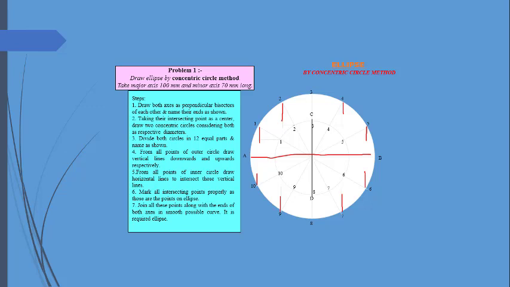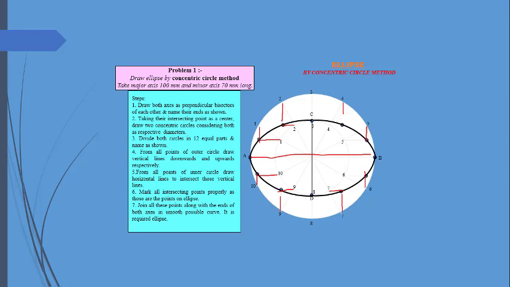And now we draw lines parallel to the major axis. So these are the lines that we will draw parallel to the major axis. Now you can see that these lines coincide with each other at specific points, and I have marked them. Now you can join these points by a line, and now you can see that we have acquired an eye shape. So this is known as an